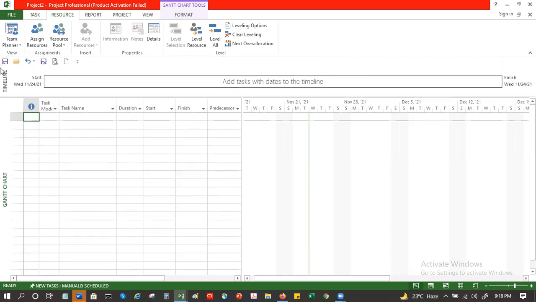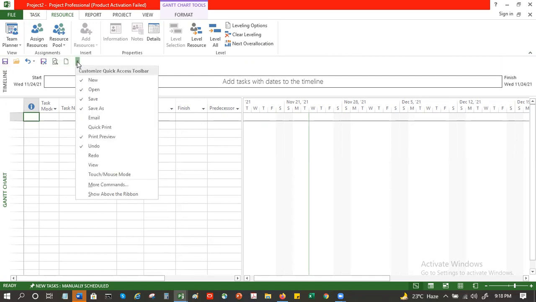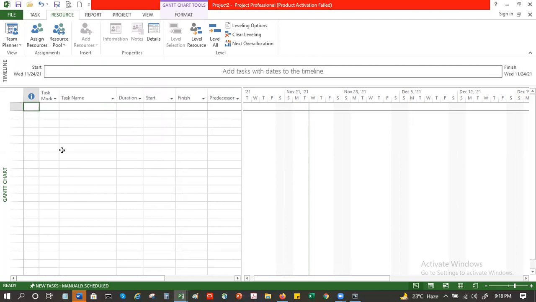Okay. These options that we see here, these are like actions. So we call it the quick access toolbar. Quick access toolbar, you can choose the options that you want enabled over here. New, open, save, save as, print, undo, etc. In case you want to move it up or down, click show above the ribbon. So it goes above